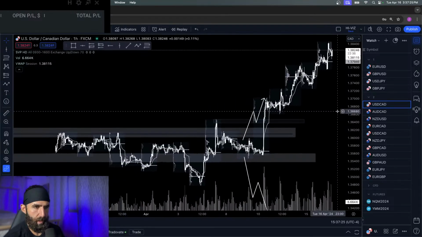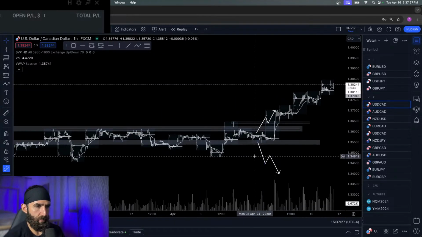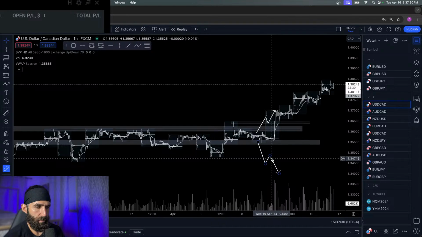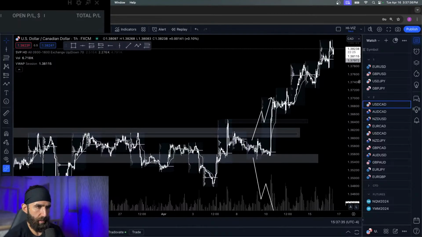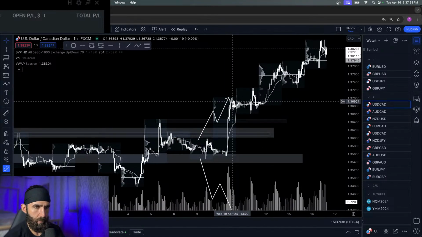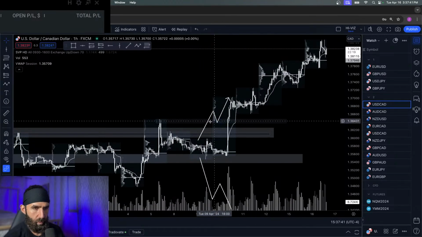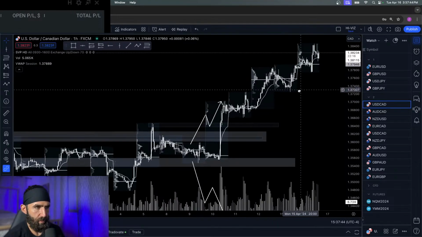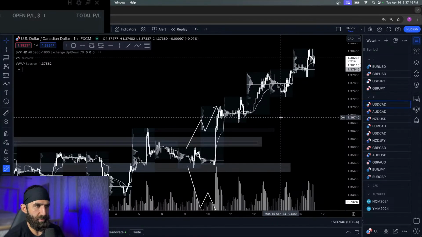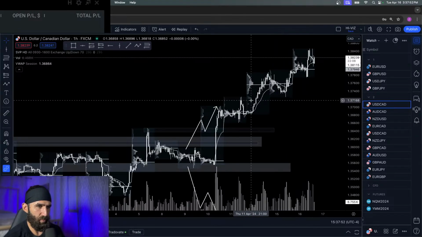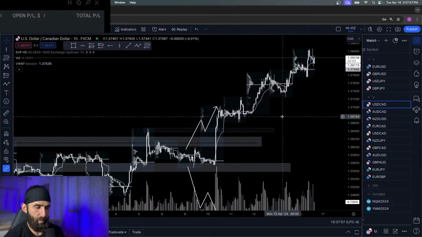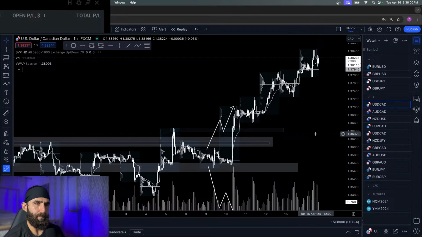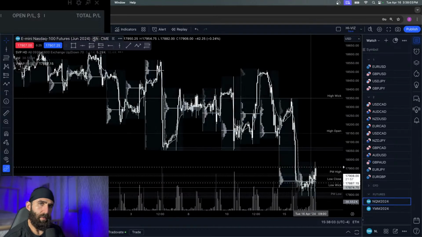USD CAD, it's worth looking at. This was my analysis from last week. Sometime last week I was waiting for this to break. It did. I didn't get long on it at any point, but here was the big push up. Didn't really get a nice pullback like we were looking for to this area or this area. Just continued to run. Kind of doing the same thing as USD JPY, not really giving us a clear indication of a pullback before a move up. I mean, you got some small pullbacks here to prior highs. Those would have worked out nicely. But I was looking for a much higher time frame, deeper pullback. So that is Forex.